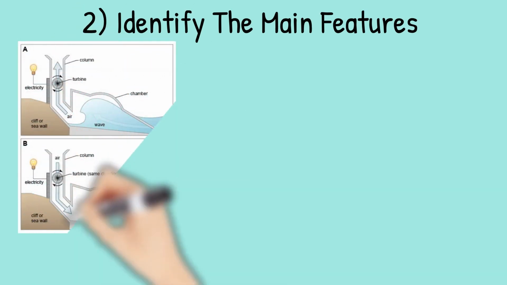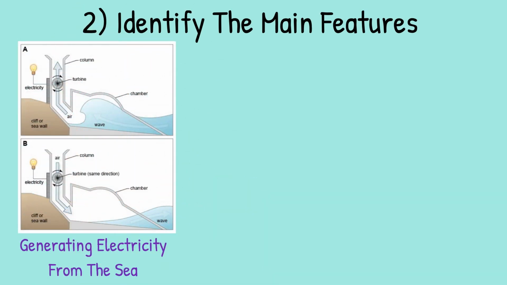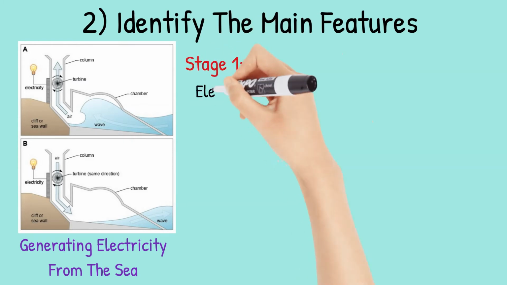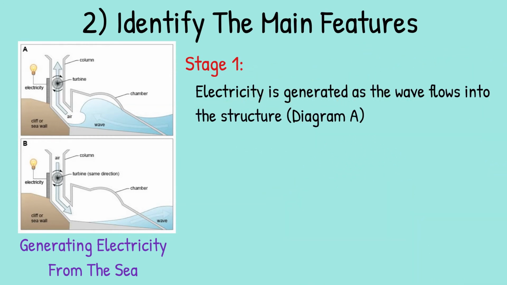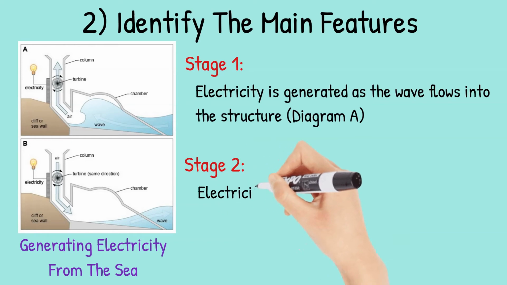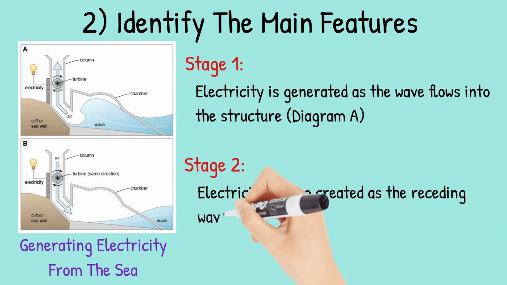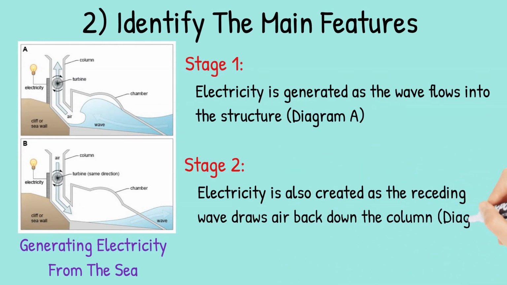So what main features stand out in a practice graphic? Here it is again. This graphic doesn't contain very much detail. There are only two stages to the process. Stage 1, electricity is generated as the wave flows into the structure, which is in diagram A. And stage 2, electricity is also created as the receding wave draws air back down the column, which is shown